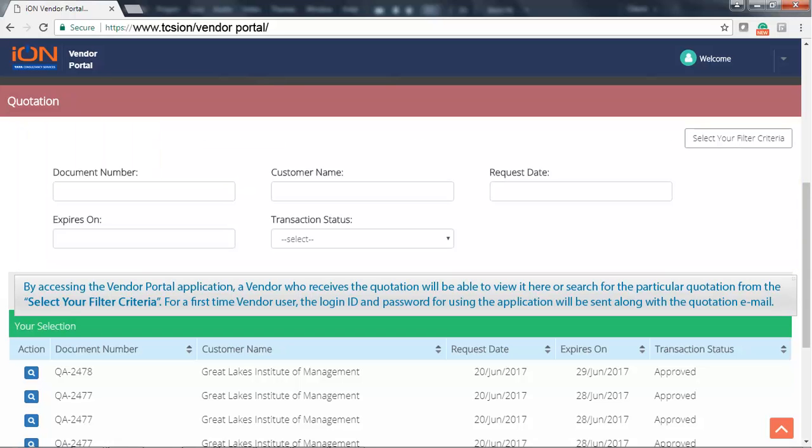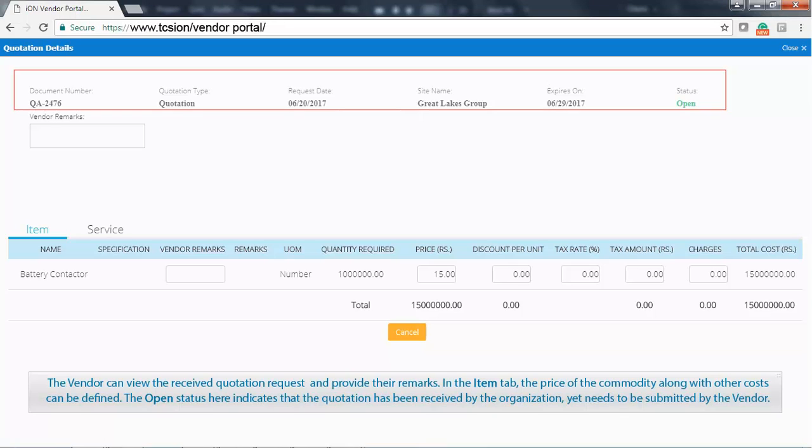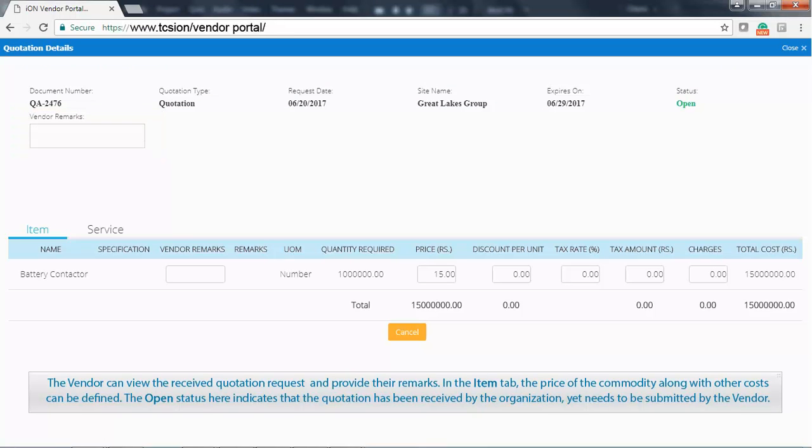For a first-time vendor user, the login ID and password for using the application will be sent along with the quotation email. The vendor can view the received quotation request and provide their remarks. In the Item tab, the price of the commodity, along with other costs, can be defined. The open status here indicates that the quotation has been received by the organization, yet needs to be submitted by